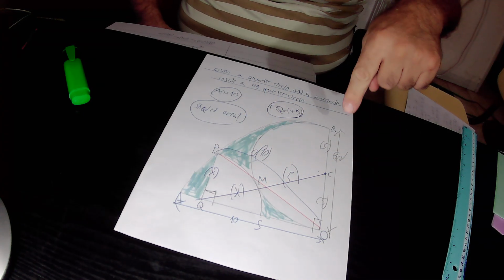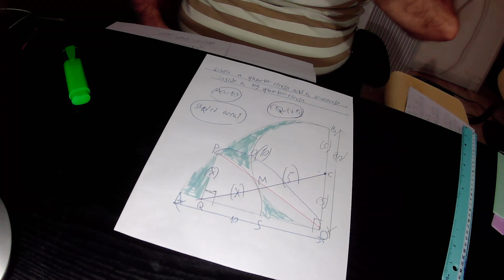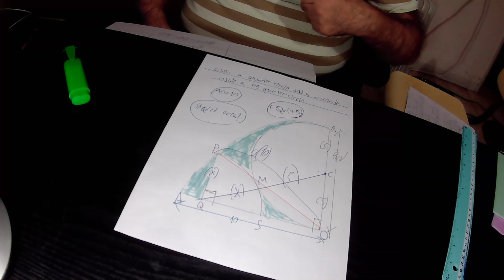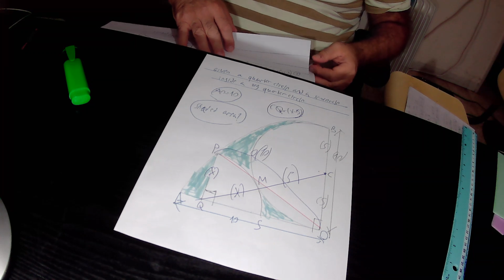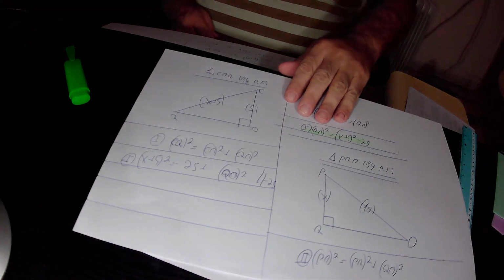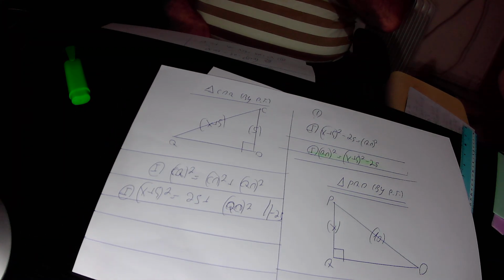In the next step, I copied the right triangle CQO in the new page and implemented on this right triangle CQO the Pythagoras theorem. According to the Pythagoras theorem, in any right triangle, the square of the hypotenuse equals the sum of the squares of the perpendiculars. So okay, this is right triangle CQO, according to the original drawing. In this right triangle CQO,